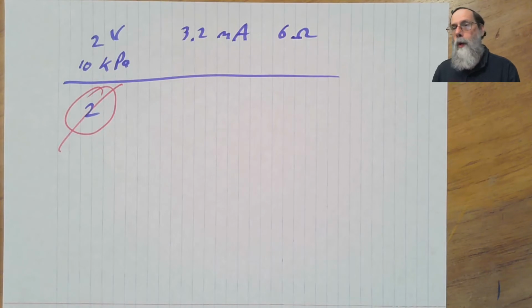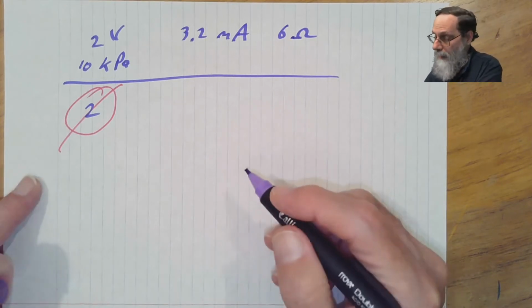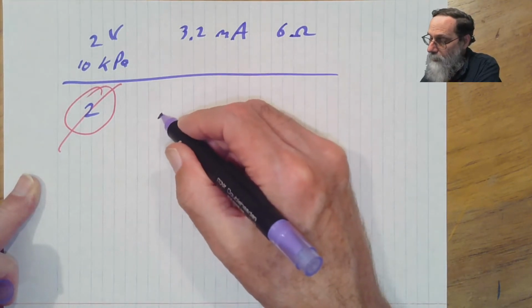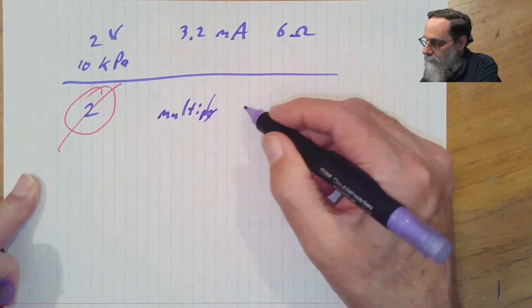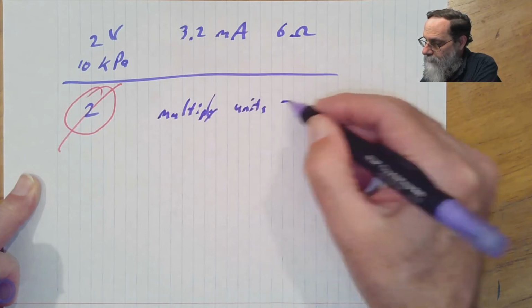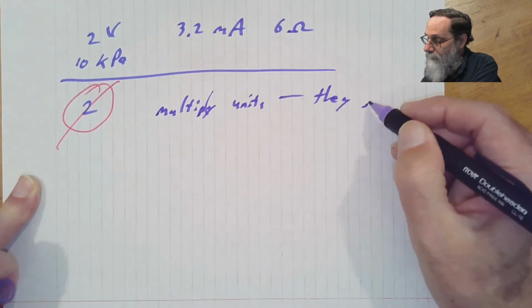Okay, what does this buy you? I mean, it's extra trouble to keep track of the units at all times. Your calculator doesn't usually have units on it, so you're sitting there typing in numbers in the calculator and blindly going ahead, adding and subtracting and multiplying and dividing. And what does it all mean? Well, if you keep track of units at all times, you can use 2 simple sanity checks. When you multiply units, they just multiply.